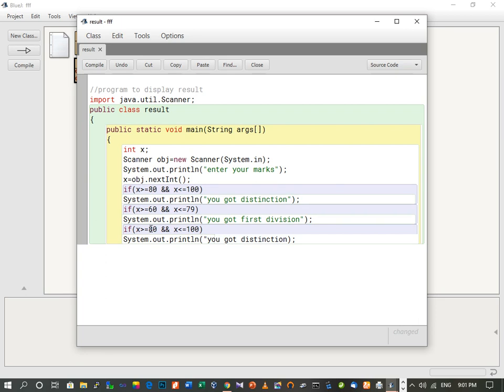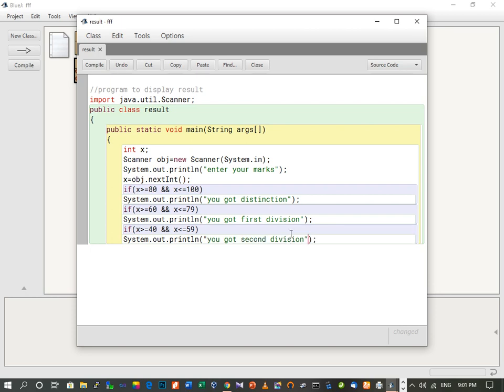Then one more condition over here, that if the marks is in between 40. Now this is totally dependent upon the user, whatever criteria you want you can put over here. And if it is less than or equal to 59, then you got second division. Here we can write down second division.